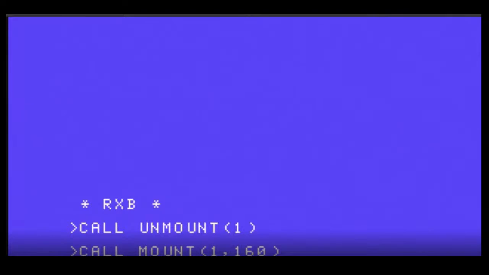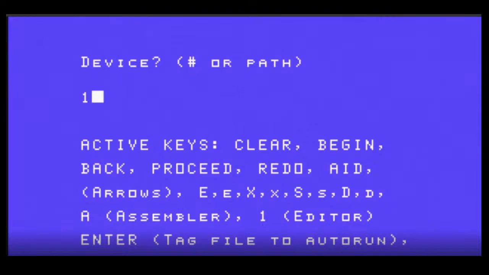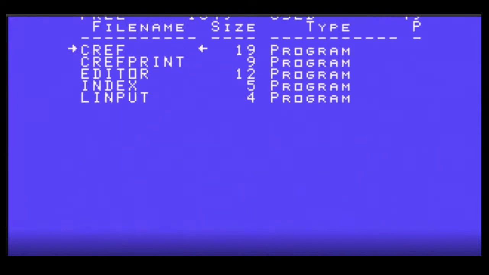Change disks again. Okay, do a directory of it. And programming aids 3.